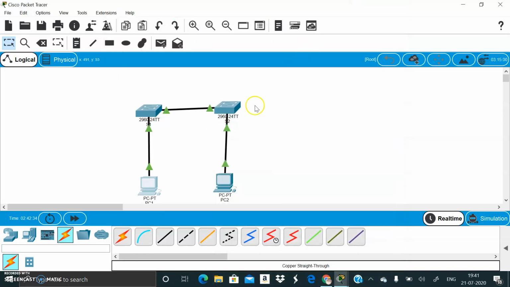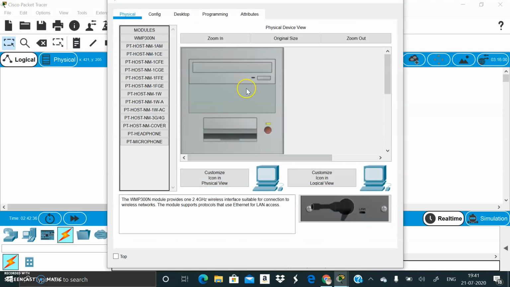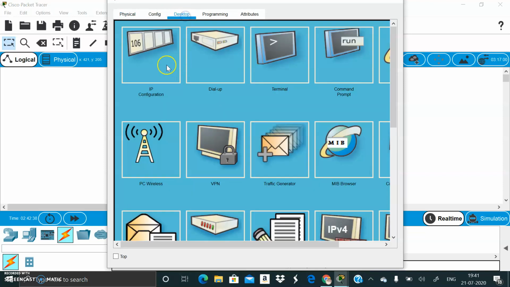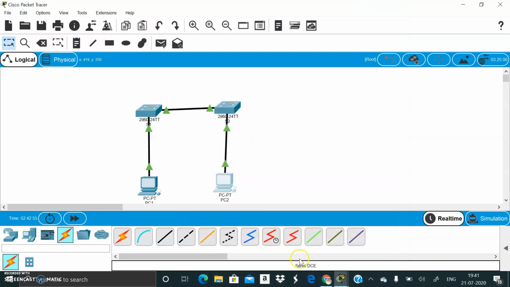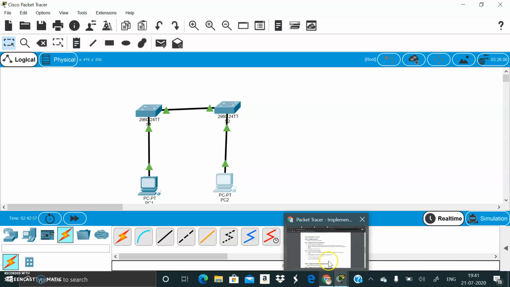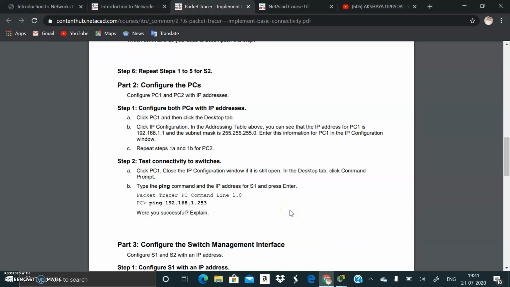Okay, we have to do the same process for PC2. Go to the desktop and select the IP configuration. Then the IP address for PC2 is 192.168.1.2 and the subnet mask is same. Okay, this is the configuring of IP address on both PCs.